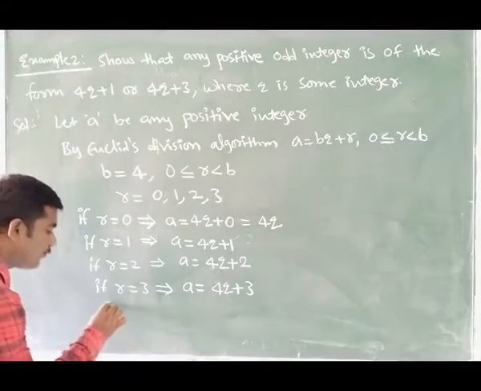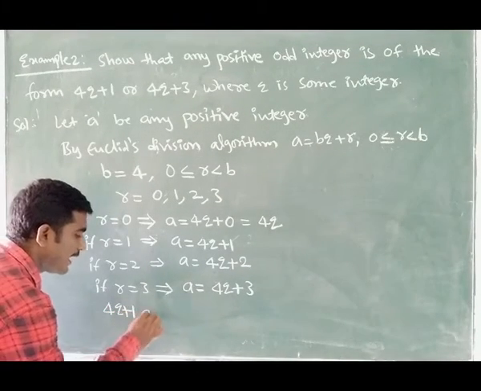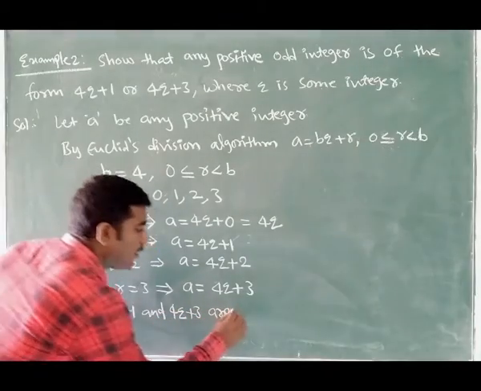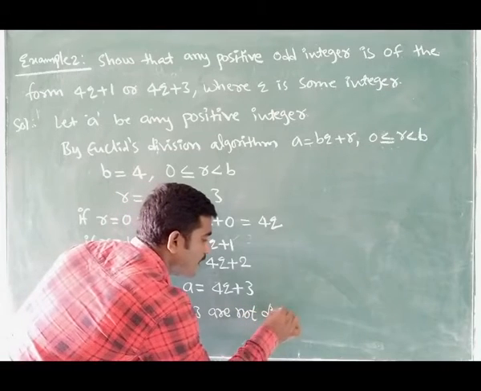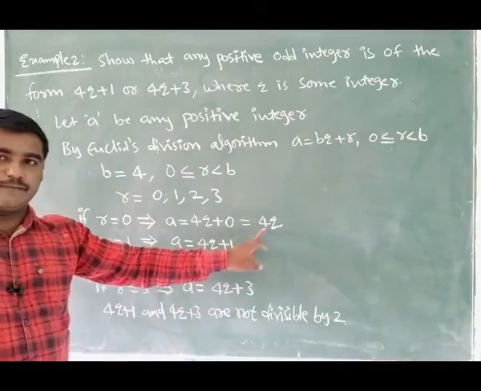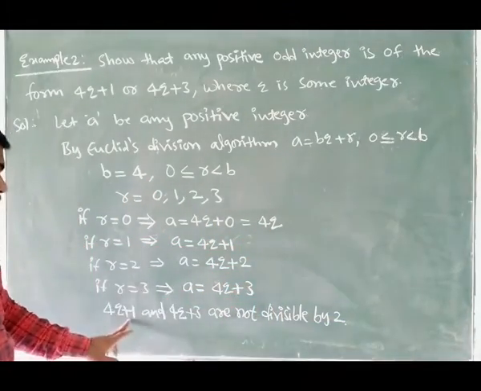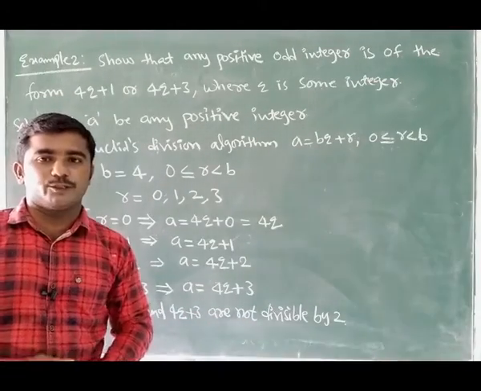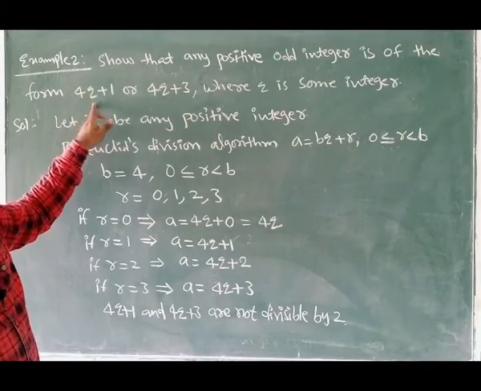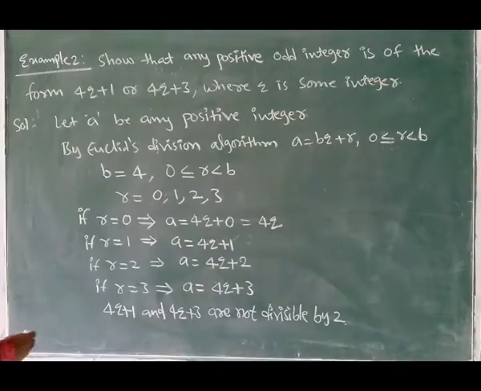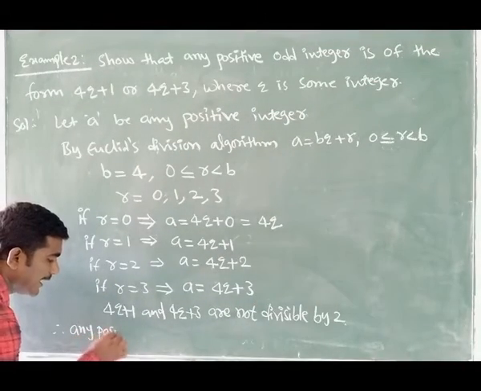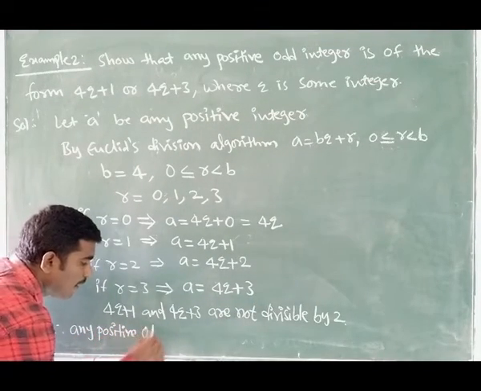So here you can write that 4Q plus 1 and 4Q plus 3 are not divisible by 2. See, this 4Q we can divide, and this 4Q plus 2 is also divisible. So 4Q plus 1 and 4Q plus 3 are not divisible by 2. Therefore, what can you write here? Any positive odd integer is in the form of 4Q plus 1 or 4Q plus 3. Write that. Therefore, any positive odd integer